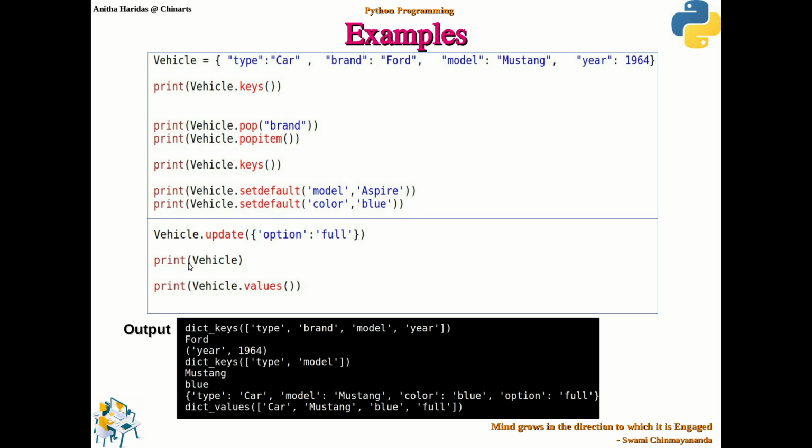So what happens now when I try printing vehicle? I have type, model. Then because of the setdefault method, color was also added. Then using the update method, option is also added. So these are the four different key value pairs currently available in the vehicle dictionary.